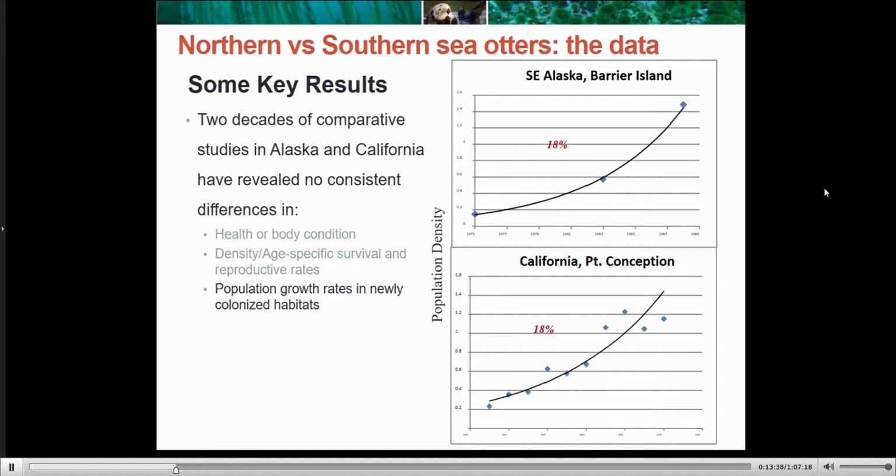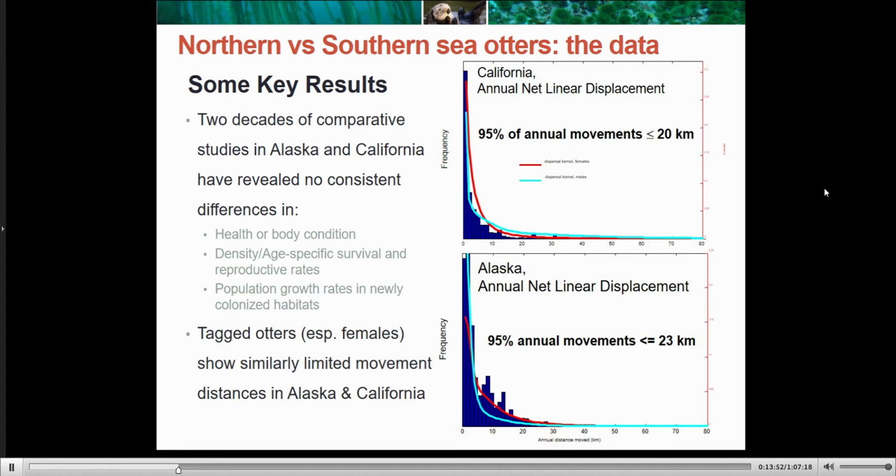So this idea that otters in California were growing much more slowly is the case when you look at the entire state, but when you look at smaller areas of the range, they actually are able to increase at about 20%, just like they are in Alaska. Another thing that was similar or identical across populations is very low dispersal rates and very high site fidelity, particularly